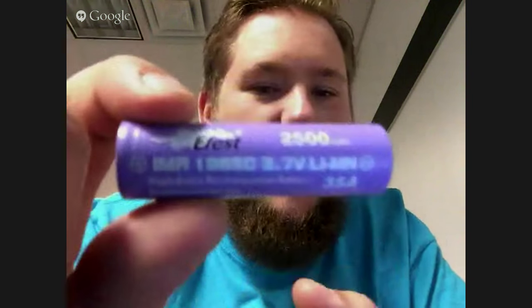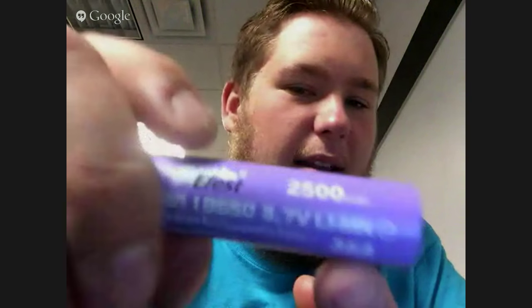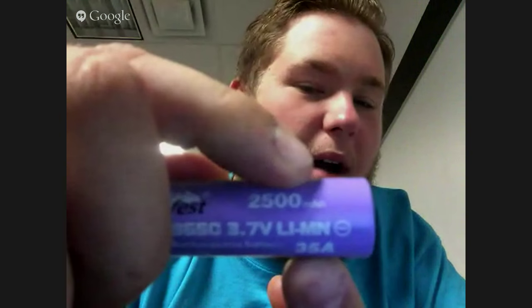So say if this battery was 35 amp and it said that it's 4200 milliamps per hour, that does not work. It's not going to work no matter which way this battery is built. So you just kind of have to look out for that stuff. If you see crazy stuff like that with high amperage and extremely high milliamps, there's no way it's going to work because that battery would have to be